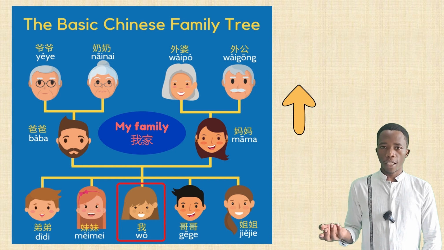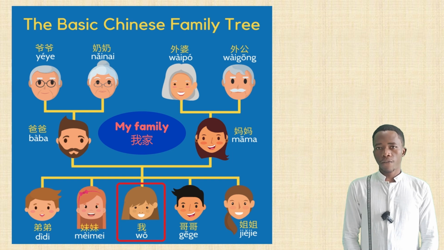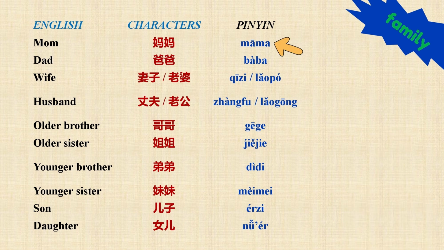我妹妹弟弟哥哥姐姐爸爸妈妈爷爷奶奶外婆外公. Apart from these family relationships, there are others which are considered to be very close. Let us look at them. 妈妈爸爸妻子老婆丈夫老公哥哥姐姐弟弟妹妹儿子女儿